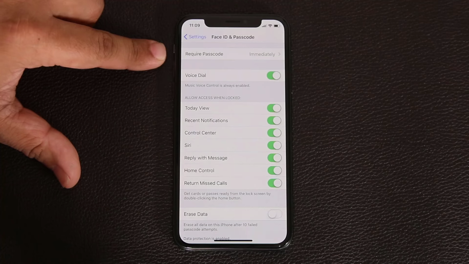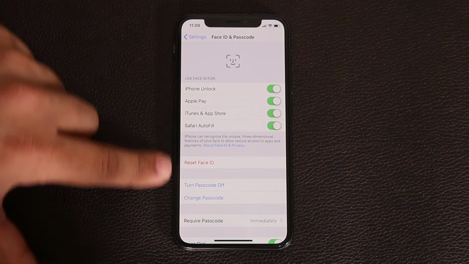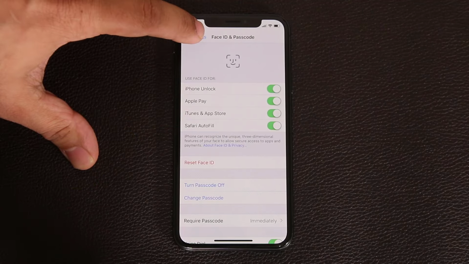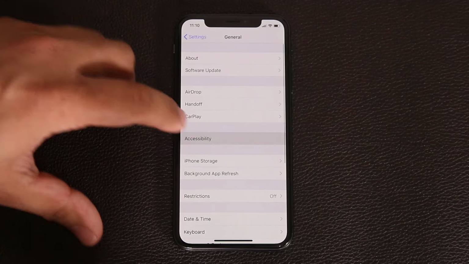So that's the required passcode option that you need to enable. And then you have a couple other options here. One thing I want to show you with the Face ID is it's not here. Some phones show it in this area. But if you go back out from here, and go to General, and go to Accessibility,